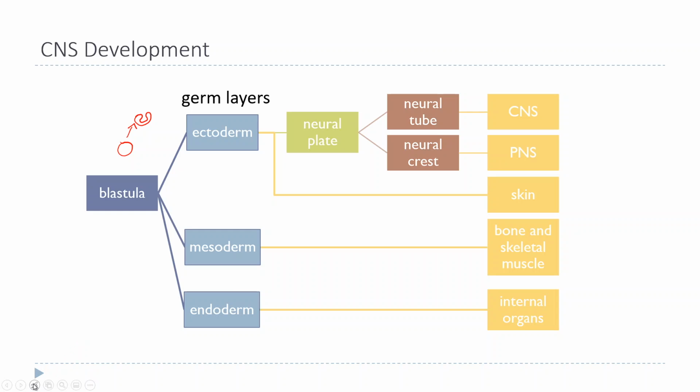And in fact, at this point, there are actually two layers of cells here. So we have the outer layer, which is the original lining of that blastula, and then this inner layer, and then eventually the whole thing grows into